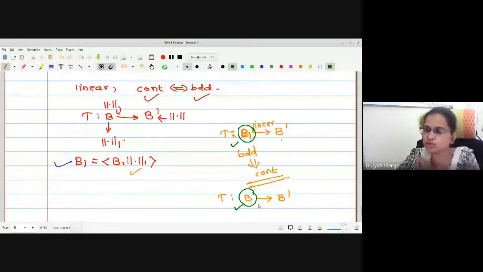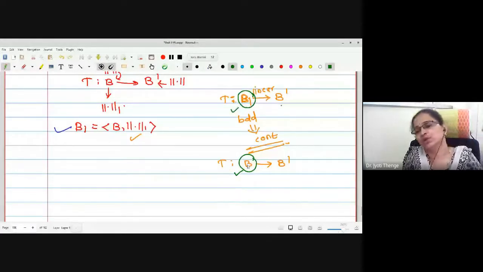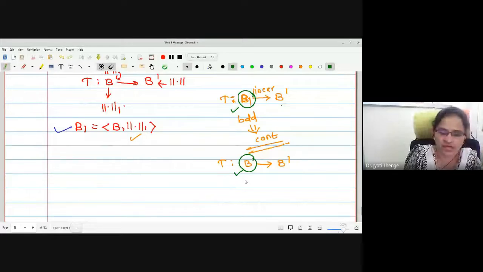Homeomorphism means the two spaces are topologically isomorphic. If the two spaces are topologically isomorphic, one can say T is continuous from B to B dash also, and hence which will be a proof. And to show that T is continuous from B to B dash, we were going to make use of Banach's